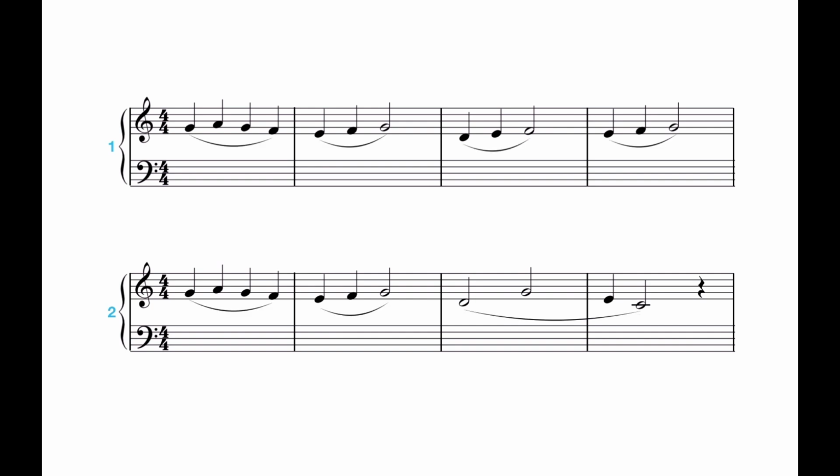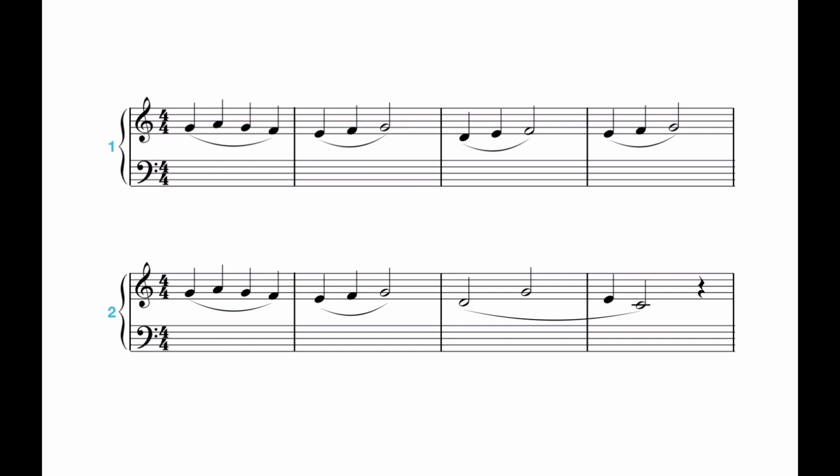If we add in the slurs, all you have to do is play these notes legato, so you're playing them smoothly. That's all it means. Now, these slurs aren't going across the whole piece, so we're not slurring all of these notes together. We're just slurring the notes in each bar, which means you will have a slight break, a slight pause between each bar as you play those notes normally. So if I show you what I mean, bar 1,